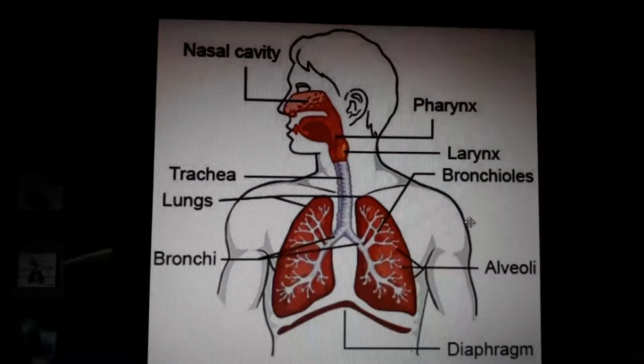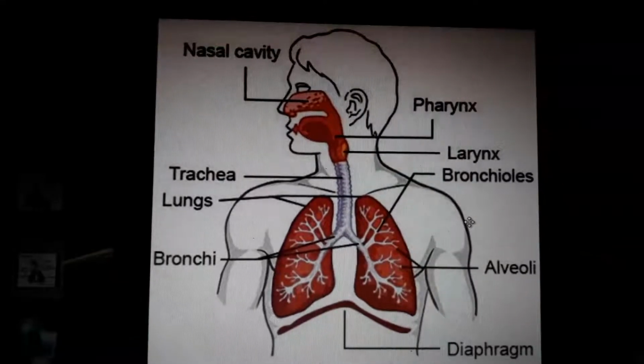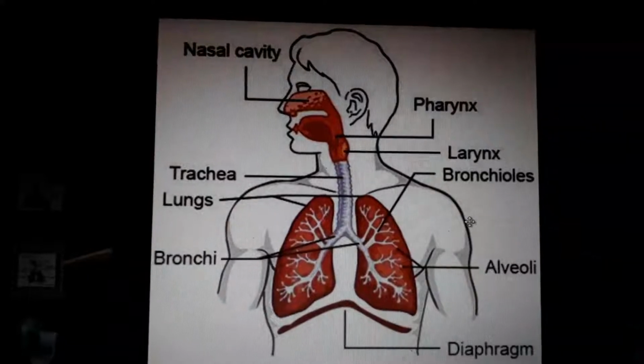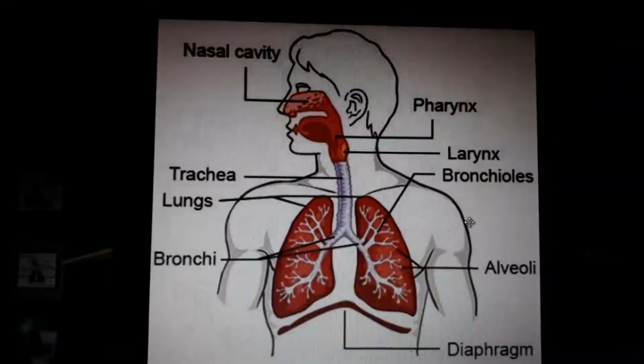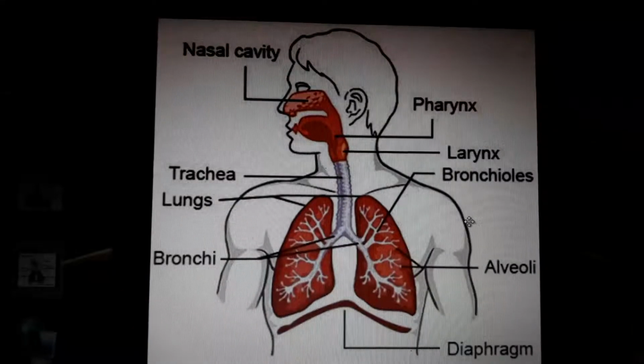This pronunciation will be difficult, I think, but if you pronounce it continuously, no problem. Anyway, in the exam you don't have to pronounce it, you just have to write it. So just get the spelling right. Okay? Bronchi and bronchioles. Again these bronchi divide into small sub pipes, subdivisions, and those are called bronchioles.